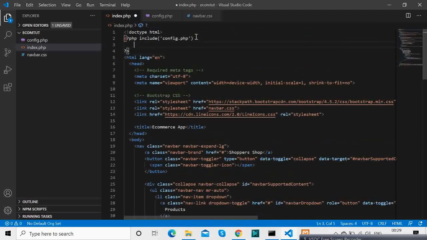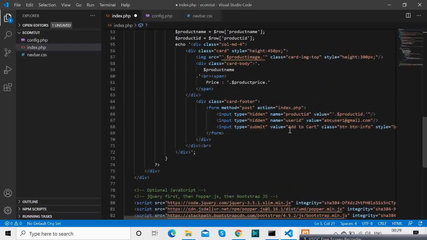So now what I'm doing is, on click of that add to cart button, we want to insert those values inside the cart table. That's the reason we are doing this. But you will notice one thing, we are not replicating those product tables. That is because we will be using joins over here.